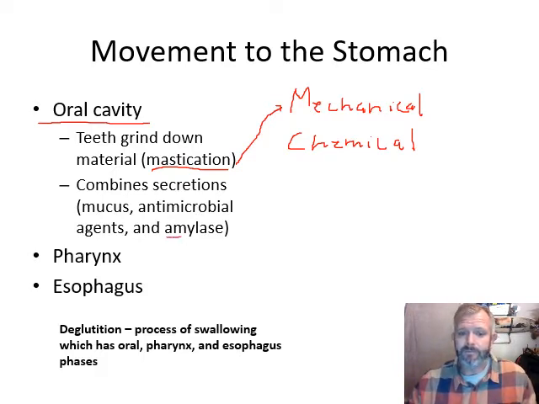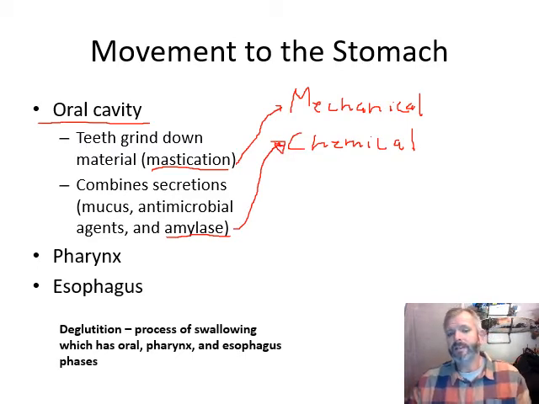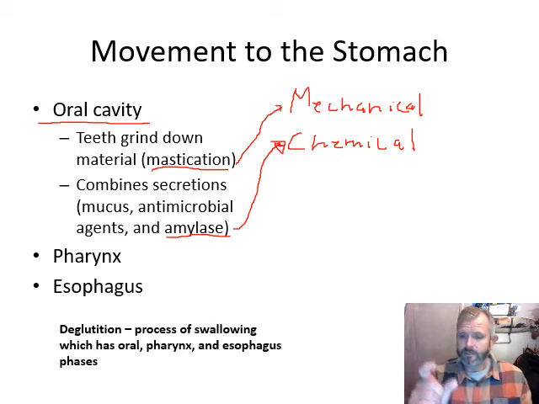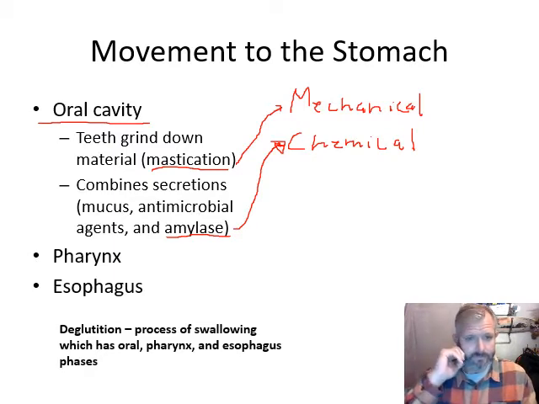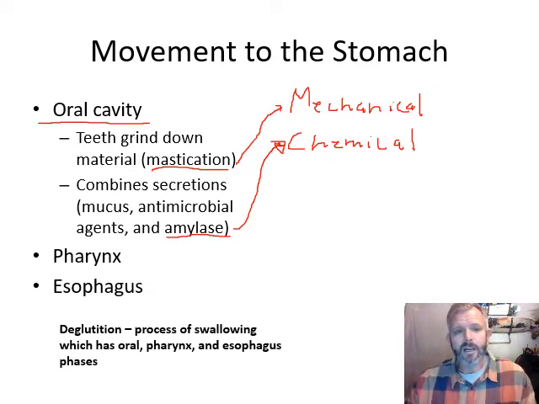And one of those glands secretes amylase. Amylase is an enzyme. So we're going to actually start some chemical digestion in the oral cavity, and that amylase is going to start breaking down starch, start breaking down the bonds in starch molecules in those carbohydrates. Okay, in the oral cavity, to get down further in the digestive tract, we have to do deglutition, the process